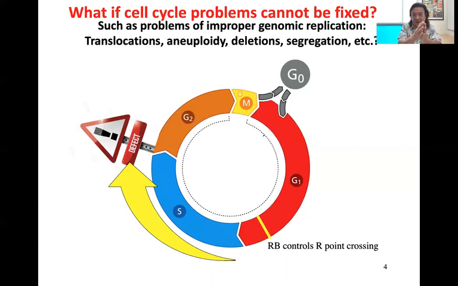Or even things like chromosomal segregation as you're moving into mitosis. If the sister chromatids don't actually separate appropriately to go into the daughter cells, if things start moving in one direction or another improperly, those are pretty gross macro scale problems that the cell may not be able to fix. So if the cell encounters that, what is it going to do?